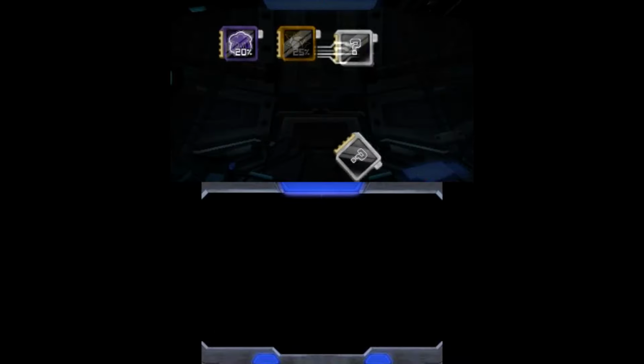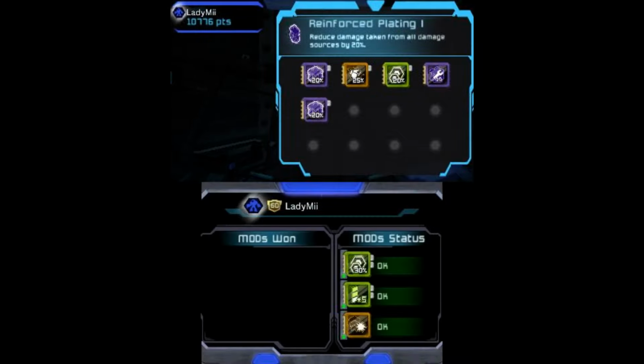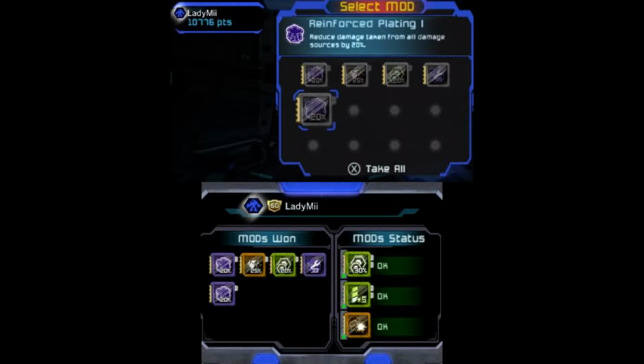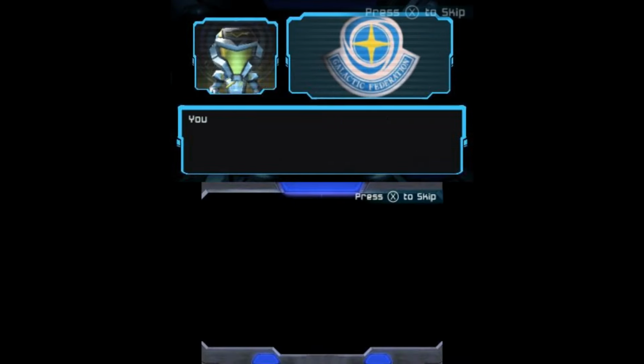But I already have those 2 medals, but if you would have got them, then it would have appeared there. In multiplayer, you can basically each choose to select the mod you want to take based off whoever got the highest score overall. And yeah, that's it. So I'm gonna do another mission because it has some interesting